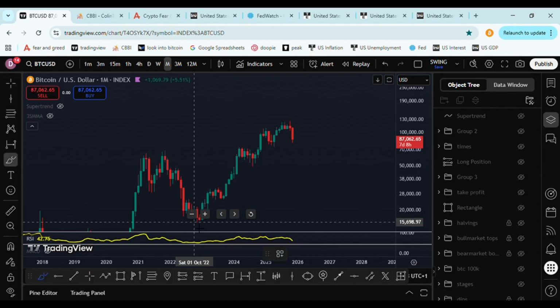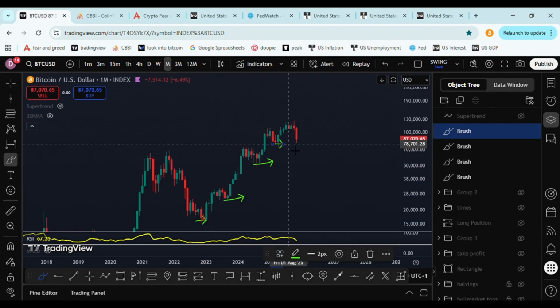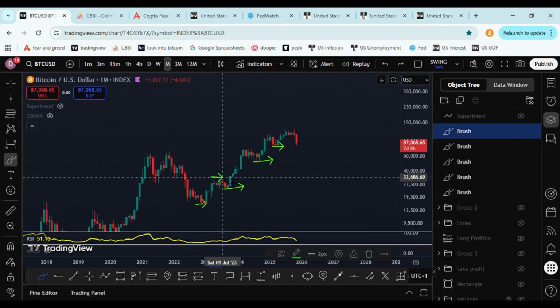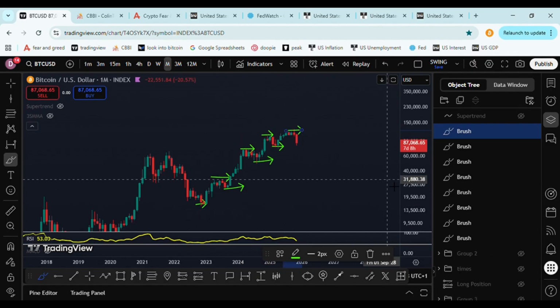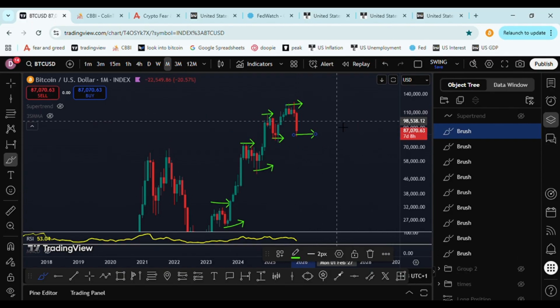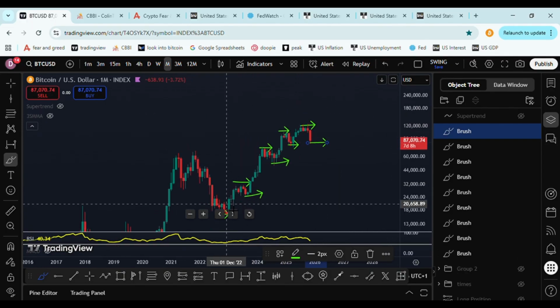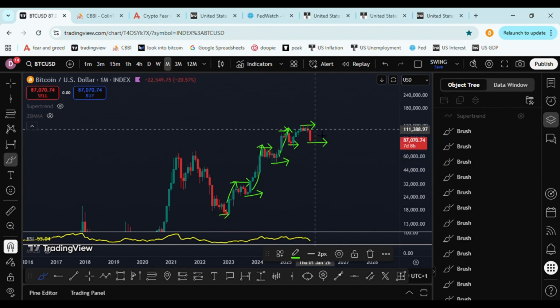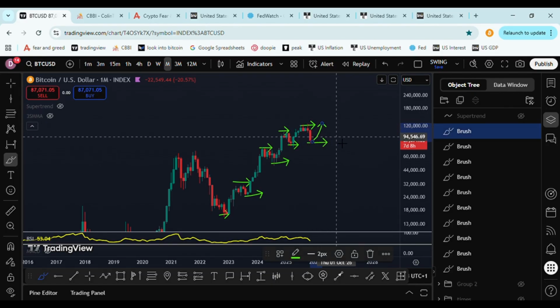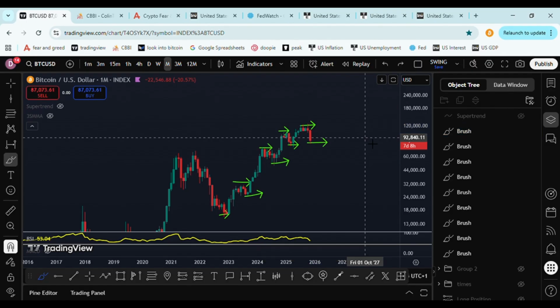Very interesting to see. What I am looking at is these lows. The bull market for me is still intact as long as we keep printing these higher lows and higher highs. And the higher highs are of course on the top side, and so far this is still a higher low. The momentum is decreasing, which is not a strong sign, and I don't expect this bull market to last very, very long. I'm still a believer of this bear market, bull market, 4-year cycle. So I think it's very likely that we're going to a bear market.